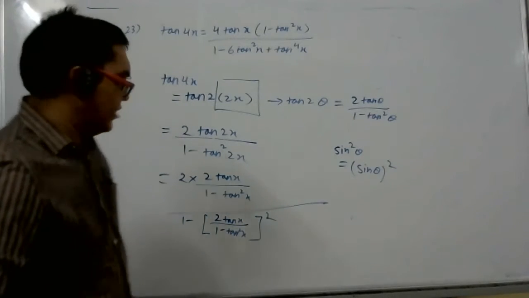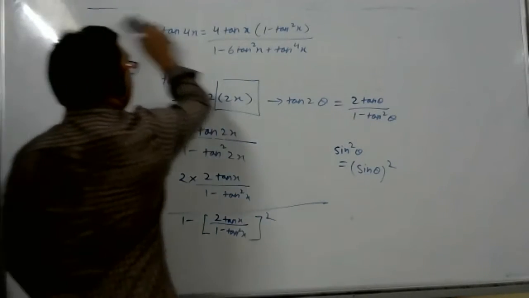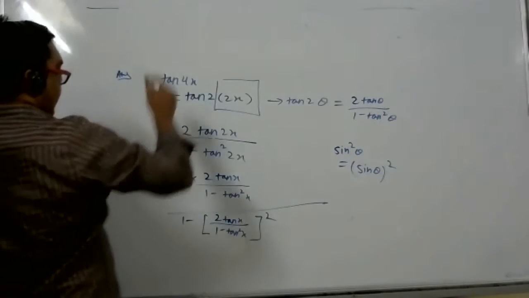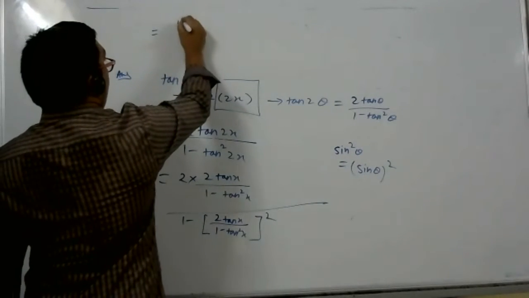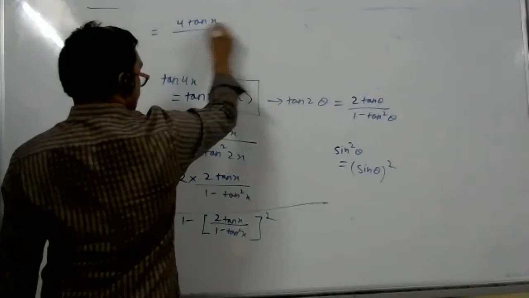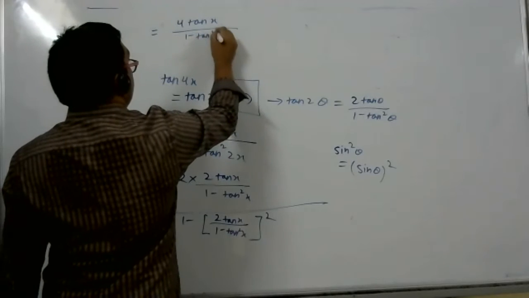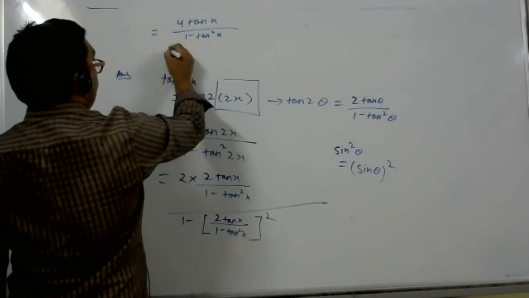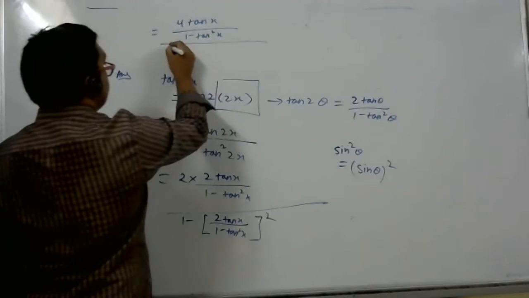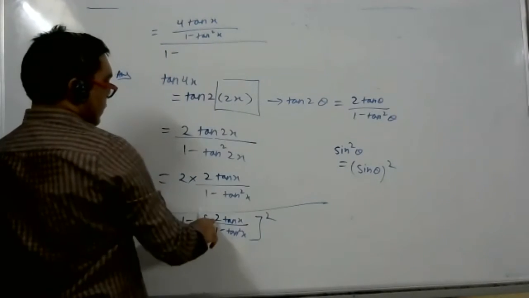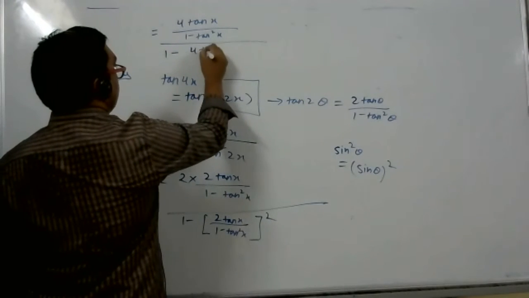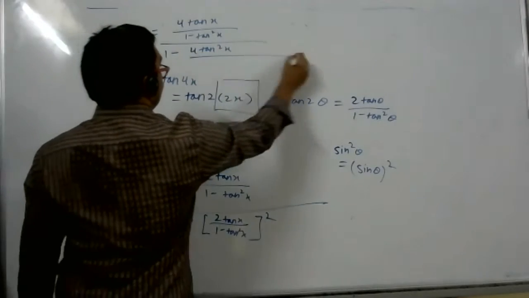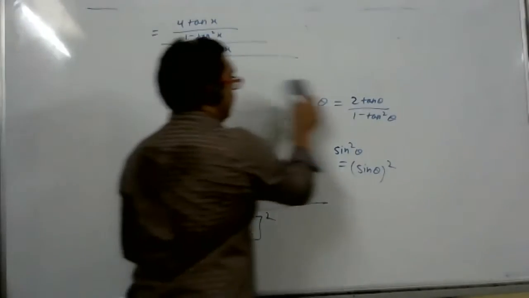Now tell what to do. Simple maths. So cancel the numerator and the square on the denominator. Very good. So what should I write? I should write 4 tan x by 1 minus tan square x. The denominator is the LCM, I think. So it will become... okay, we'll do one more step. 1 minus, square it. 1 minus 2 square is 4. 4 tan square x by what, student?